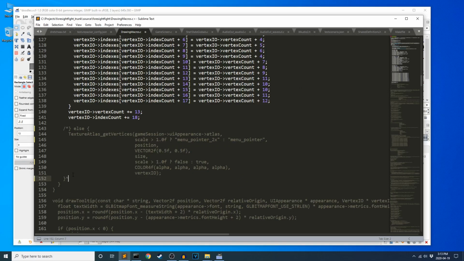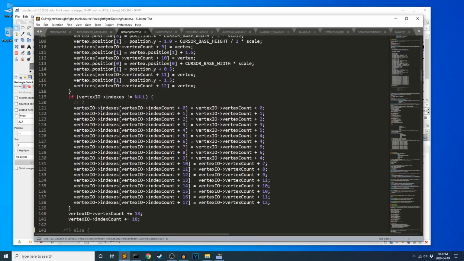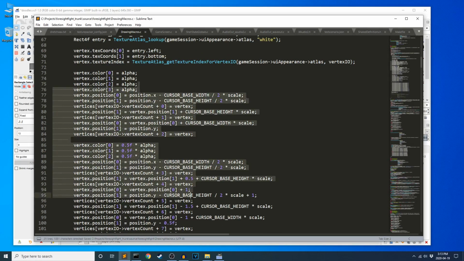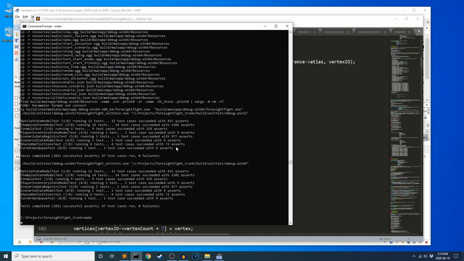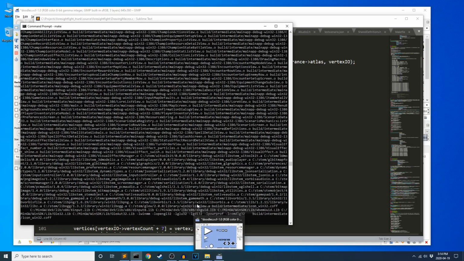I just want to comment this out. There we go. Okay, so no matter what I am, don't worry about what this code looks like. It's just shifting a bunch of vertices around, drawing the primitives. So the problem with drawing primitives instead of using an actual bitmap piece of art is that